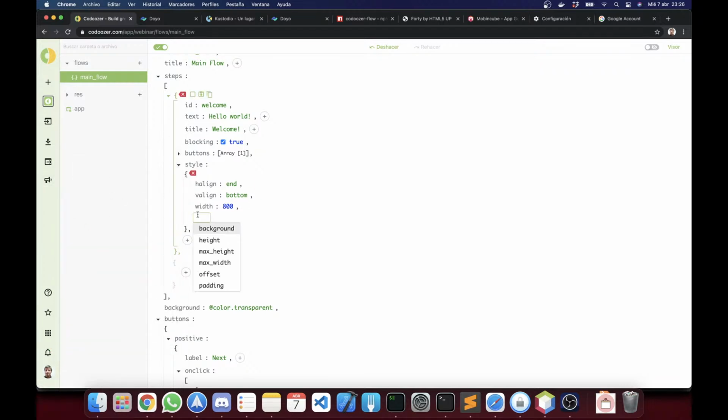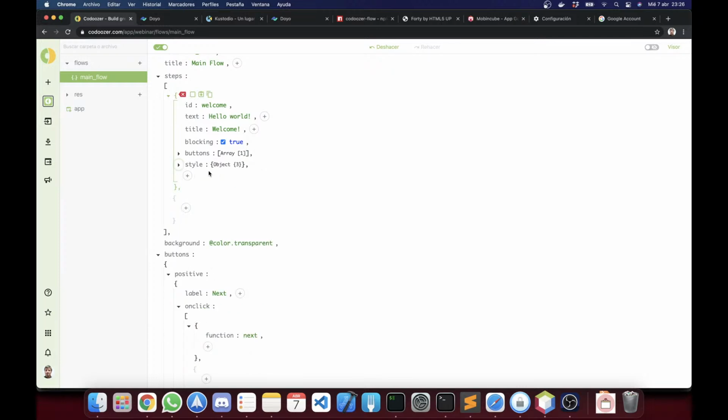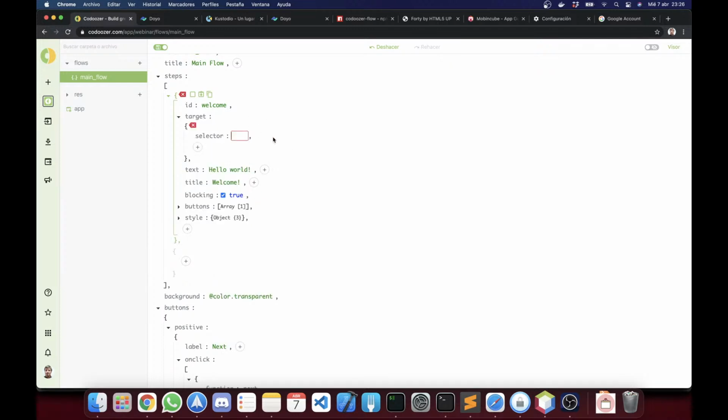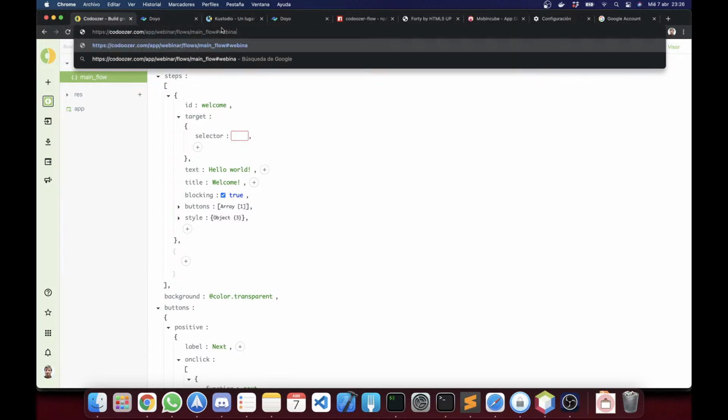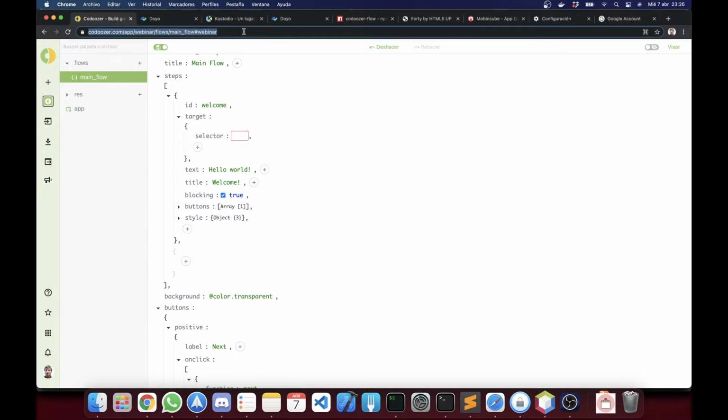Well, you have some more options about styling, but let's continue. Then we have this target. This is in case you want to place your box next to some element of your website. For example, let me show you here on Codoozer. For example, I have this hack. So if I use the webinar word here,